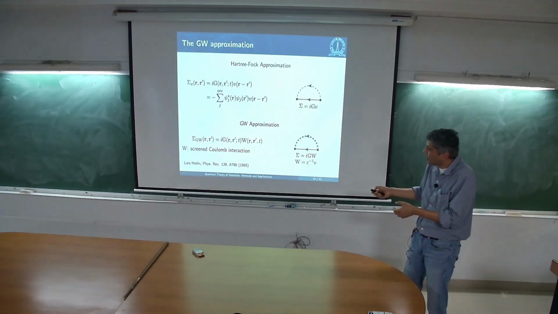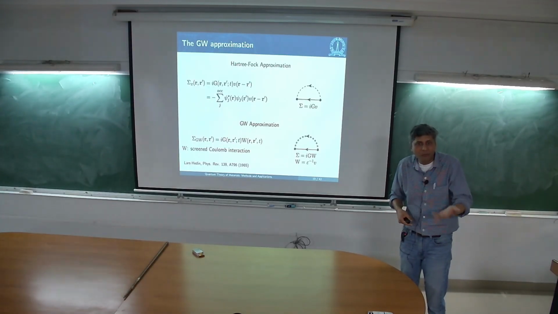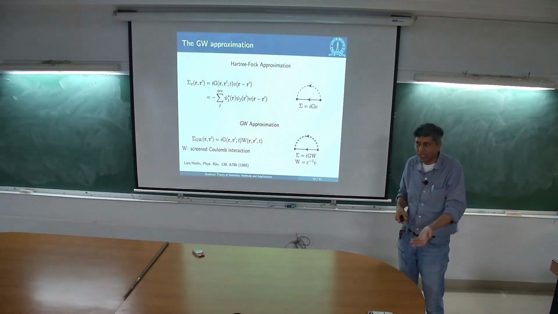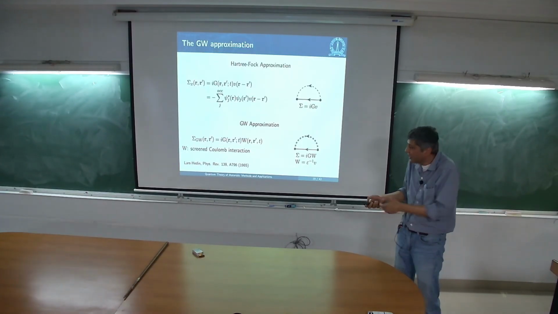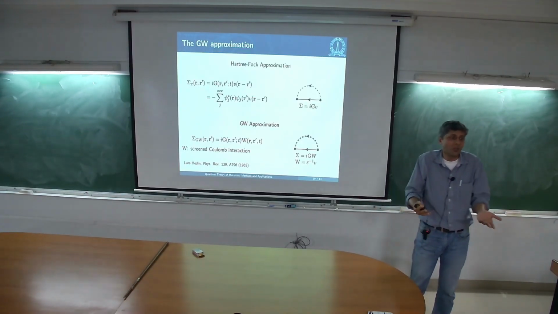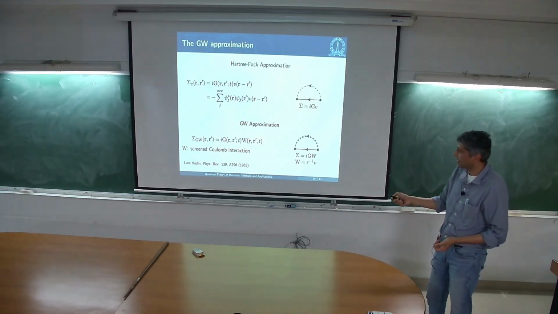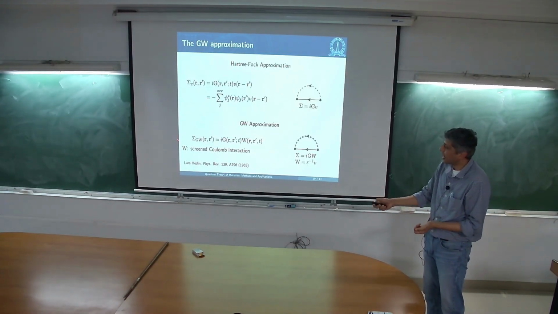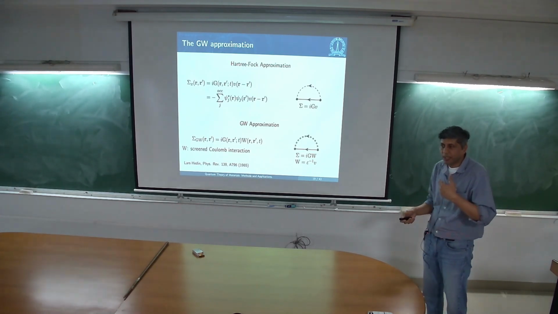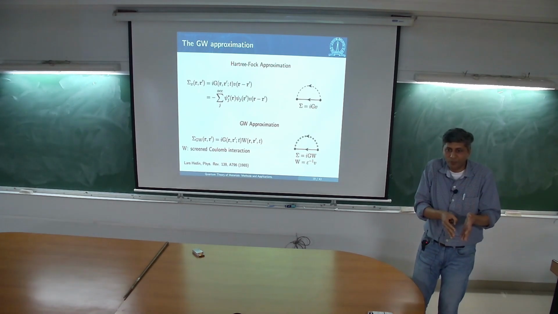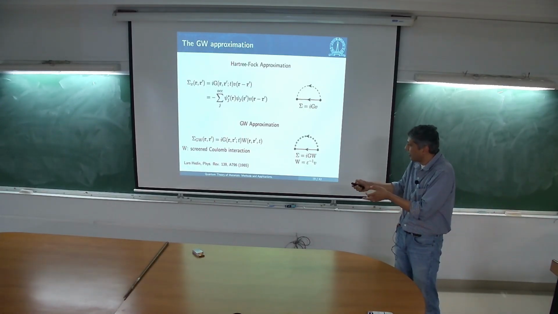So in that sense, what it turns out is you can replace this W by the random phase approximation W, which is very easy to calculate, and it turns out that this is the first in the series of diagrams, and this is sufficient to explain a lot of the physics that one sees. Okay, so this is what is called the GW approximation. So now we have the GW approximation. It should also be time dependent, I'm sorry, but the idea is that we have a scheme now. We know the Green's function, right?